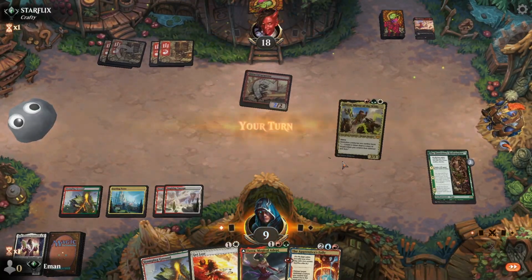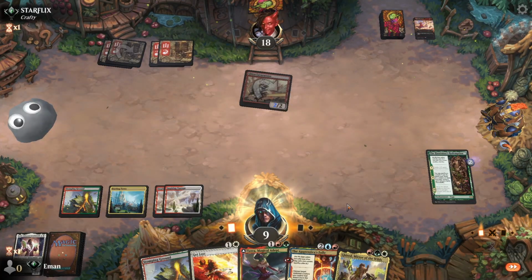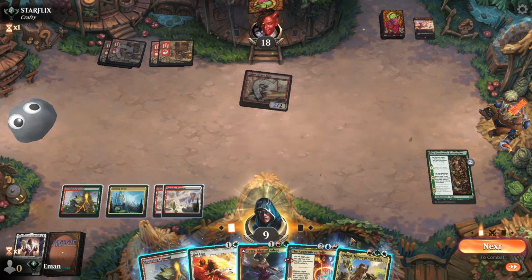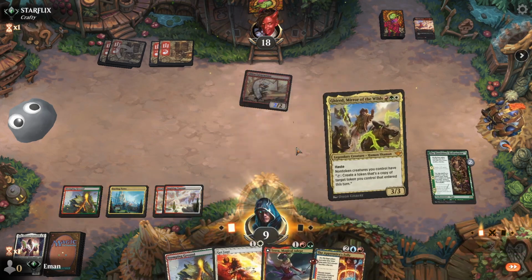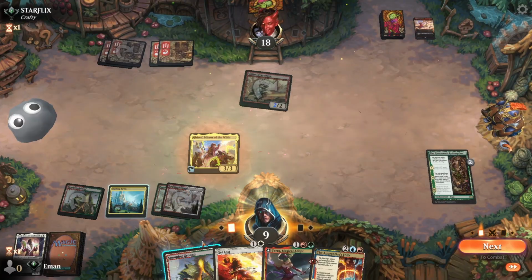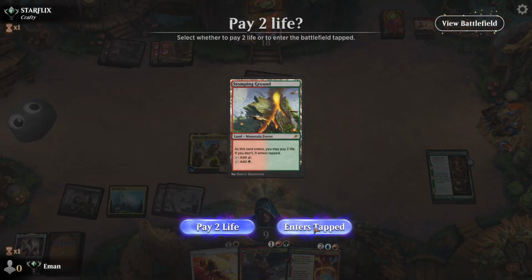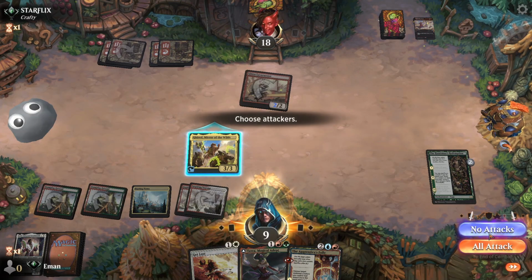At least they've used all their burn. Oh, there's a Ghired anyways, on my creatures and not me. So I can play this, maybe hope to block with it. Play a Terra. Alright, I think that's the plan. Play that. I can also shock this in, but that's essentially just taking a hit from this anyways, so...